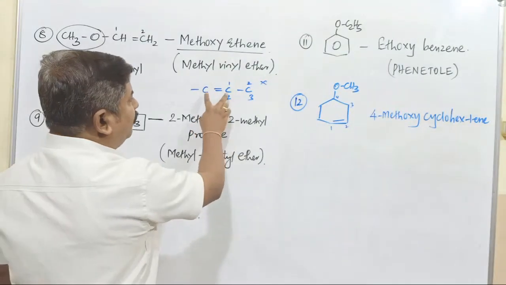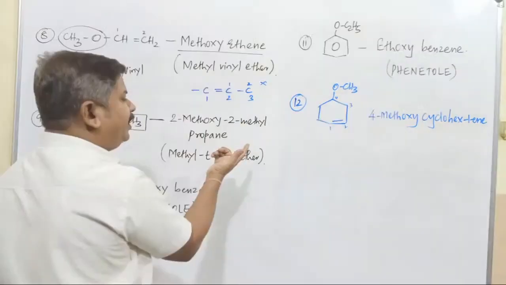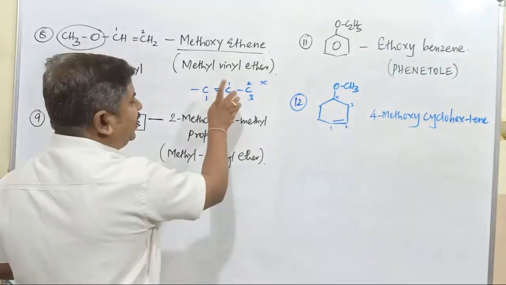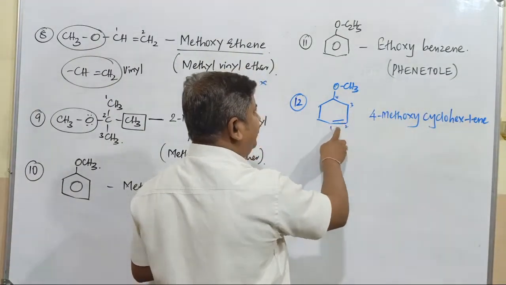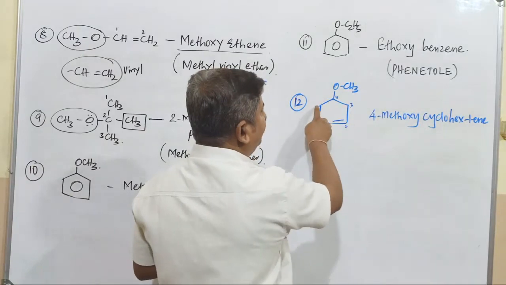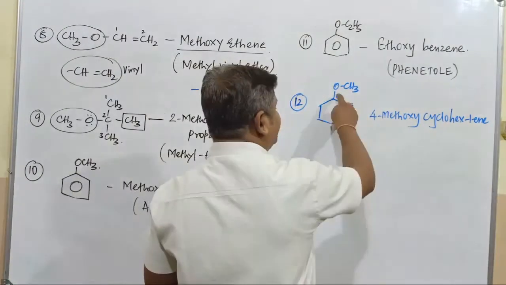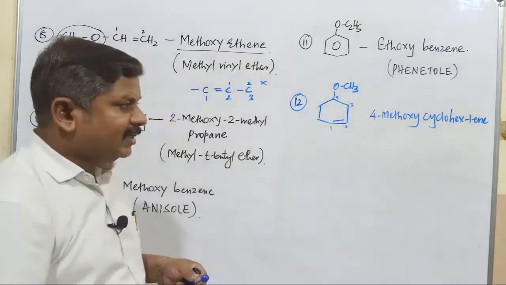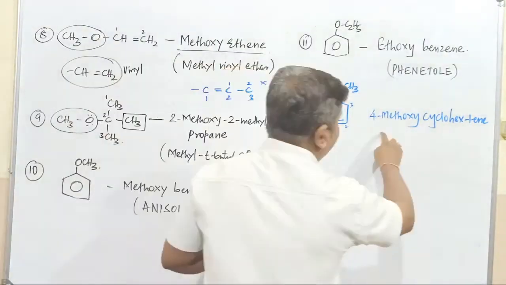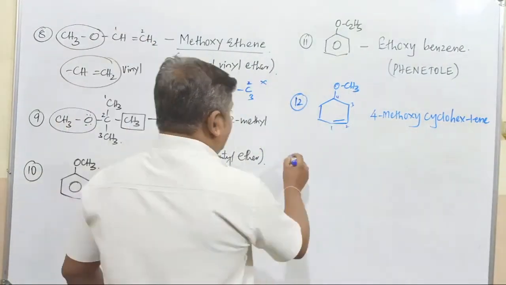Both the carbon atoms should get continuous numbers. Either you can write this is number 1 or that is number 1. That makes no difference here. But totally it should be continuous numbering. Here you cannot number like this, because then 1, 2, 3, 4, 5 would be the maximum number. So if you go this particular way, anti-clockwise 1, 2, 3, 4, and on the 4th carbon atom there is a substituent. So 4-methoxycyclohex-1-ene, that is an ether compound.